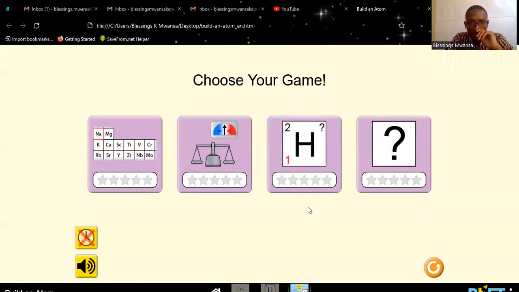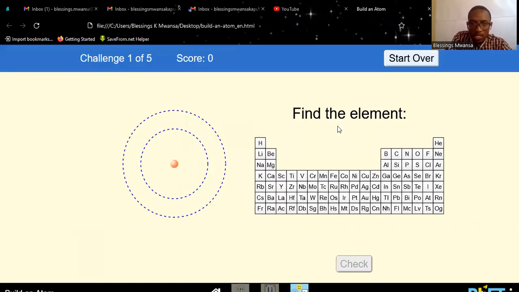We're going to play a game and we'll answer quite a number of questions on this particular topic. And there we go. So the first question is find the element. How do we find the element? Remember,